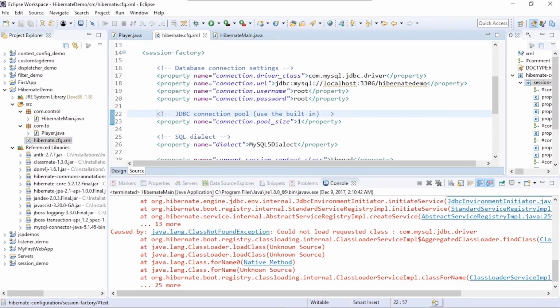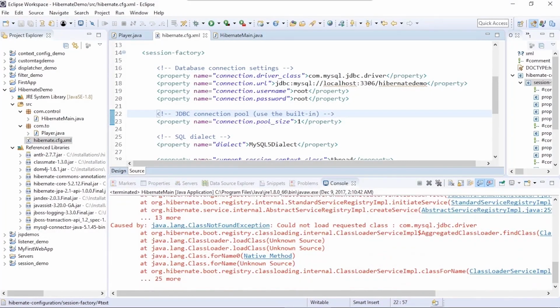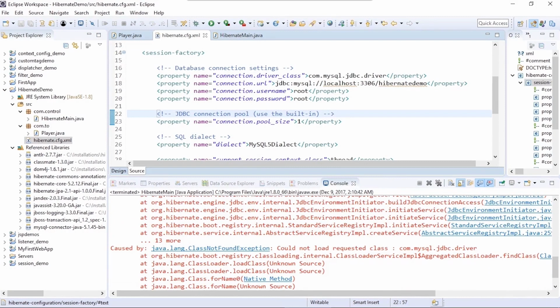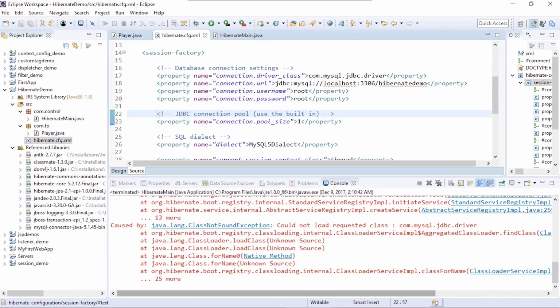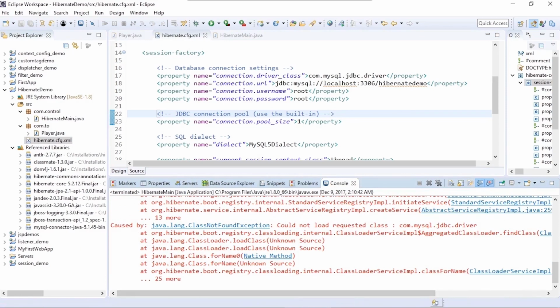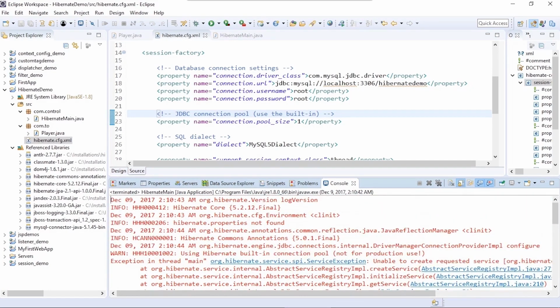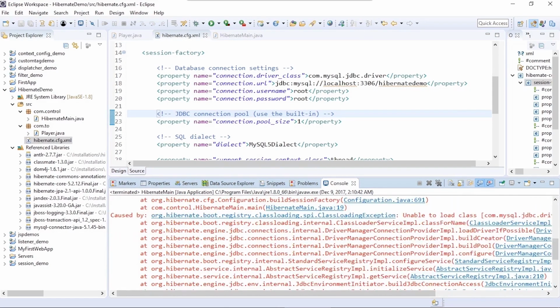So we had set the dialect and it is trying to load the class, which is the information class, or rather the driver.